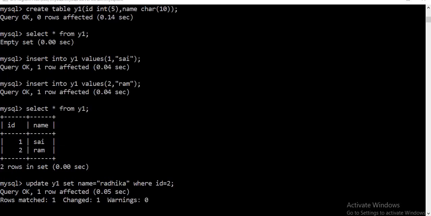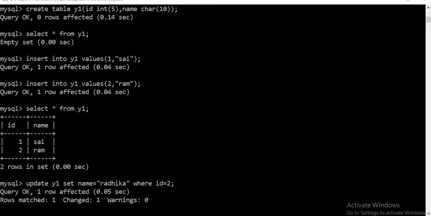Look at how to create a table. Create table followed by the table name, within brackets the field name, the data type and the size of the data. I am giving MySQL in brief right now and will give it in detail later. We have different types of commands like data definition, data manipulation and data control, so we have DDL, DML and DCL, which we'll discuss in detail. I'll also give the basic syntax of creating a table in detail. At this point I am just showing how to create a simple table.